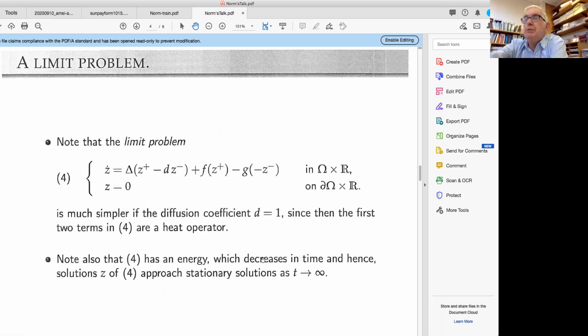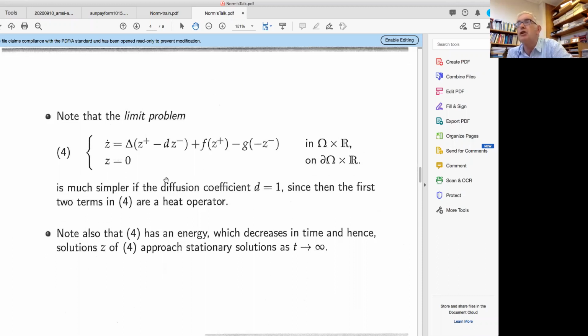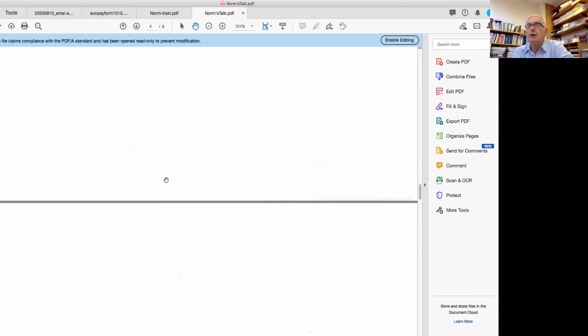So this limit problem, I'll explain in a while why it's a limit problem, has nice properties for our purposes. So solutions of this limit problem actually approach stationary solutions as T goes to infinity. And by the way, there's an aside I should make here. In fact, D equals 1 or D does not equal 1 does make quite a difference in things here. But what is interesting, if you look at only stationary solutions, it doesn't make very much difference at all, because you can change variables to get something that